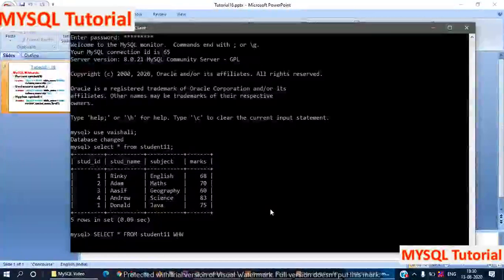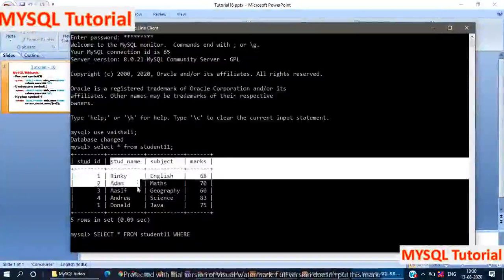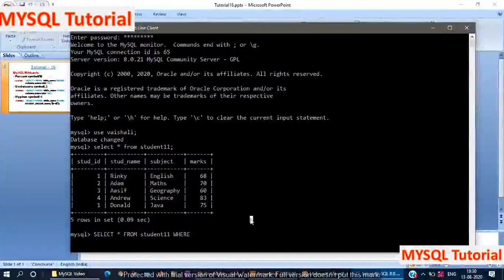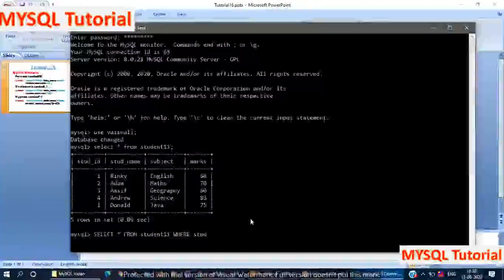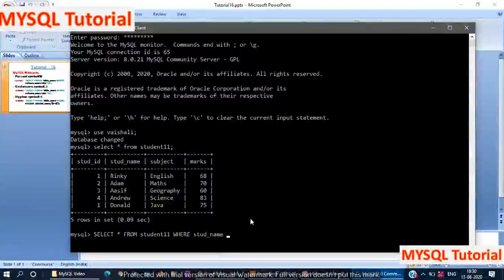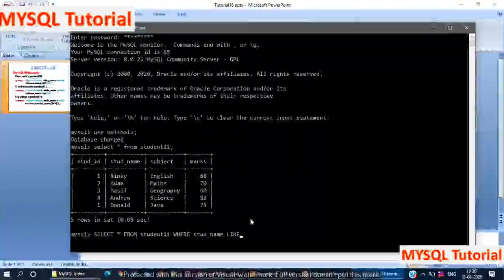The WHERE clause is used to provide the condition. Here I perform the operation on the student name column, stud_name, by using the LIKE operator.